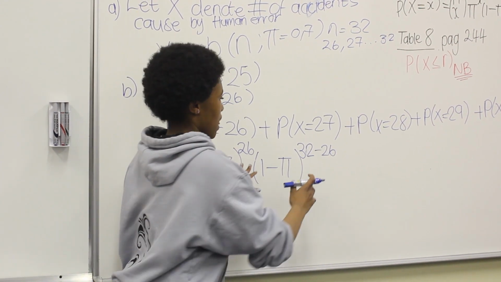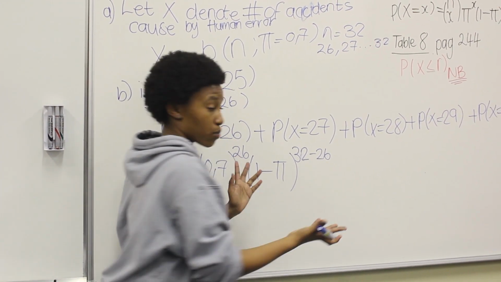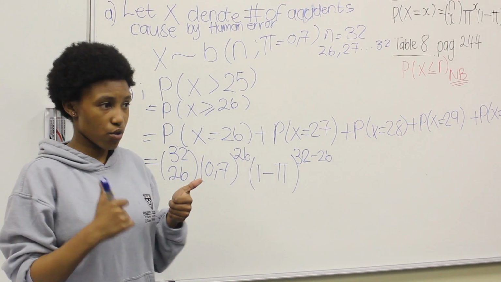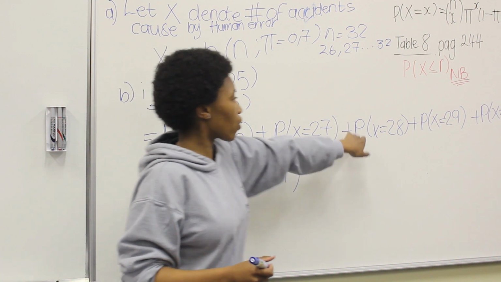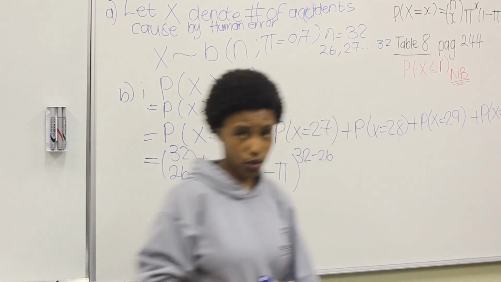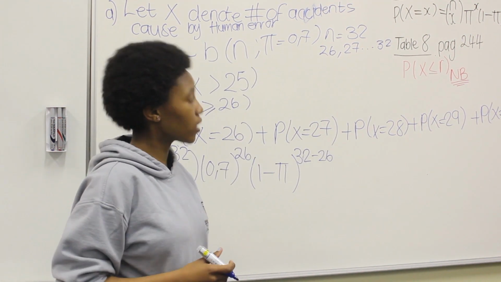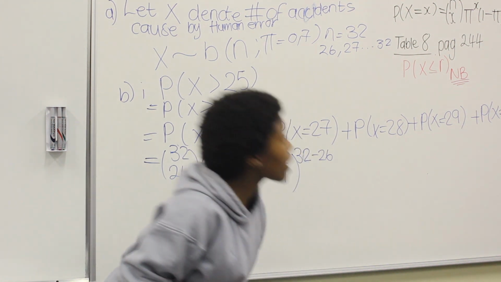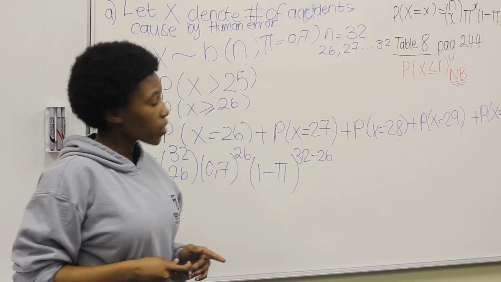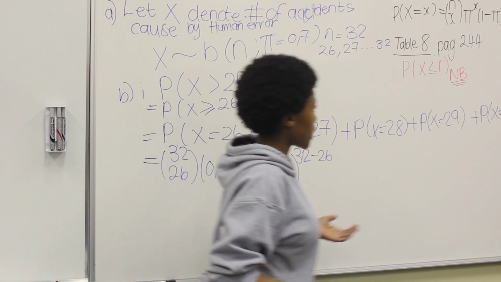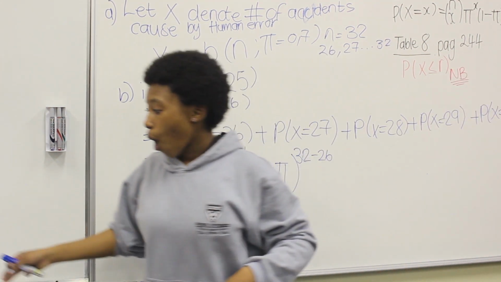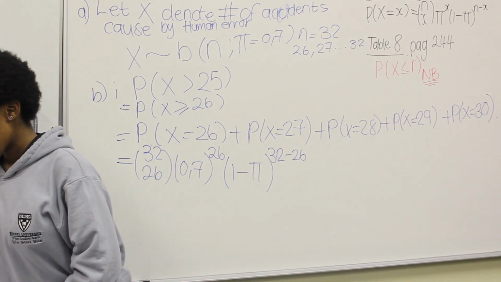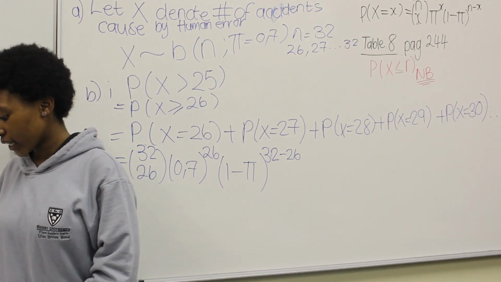So the answers that you get here must both equal 32, and you know you're on the right track. And you basically do this for all of these until you get to 32. But we are going to use the formula, the table, right? The one thing that you need to be careful of in the table, which is on page 244, is that it only gives you values that are less than or equal to